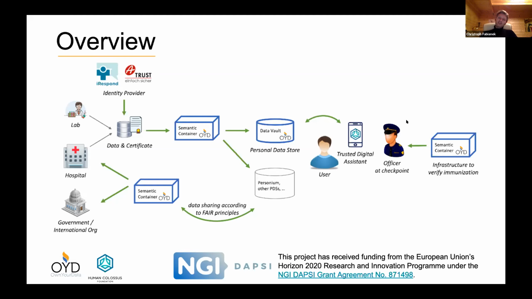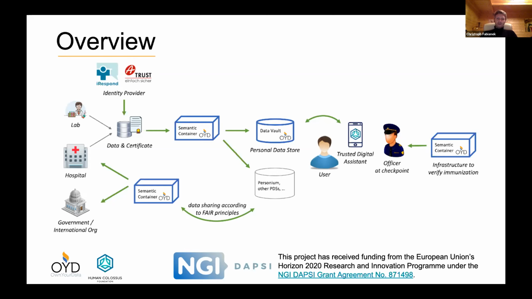The second data flow is then when you have such a verifiable credential, how can you prove, if you are at an airport or some other authority where you want to prove that you have received this verifiable credential, what is necessary there? So what toolchain do you need? And what are also, again, the interfaces to make this information available?